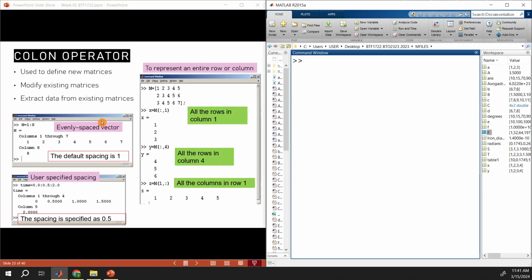Now let's try this. This is more on the colon operator. The colon operator has these 3 different functions. First, I've shown you how we can use the colon operator to define new matrices. We can also use it to modify existing matrices. Okay, the first one is done. Now I'm going to show how we can modify existing matrices and also extract data from existing matrices by